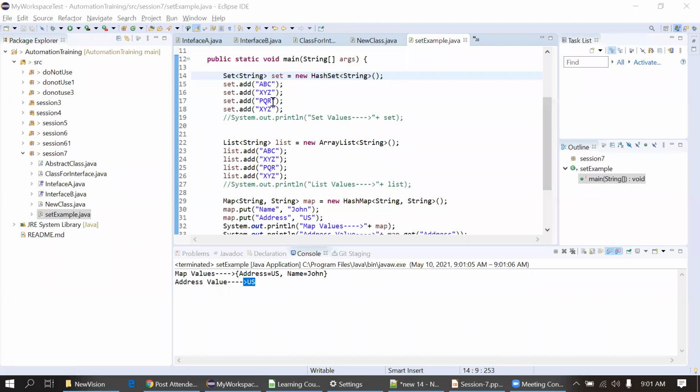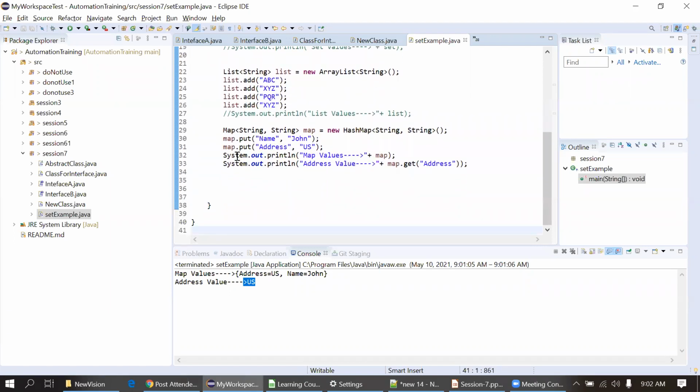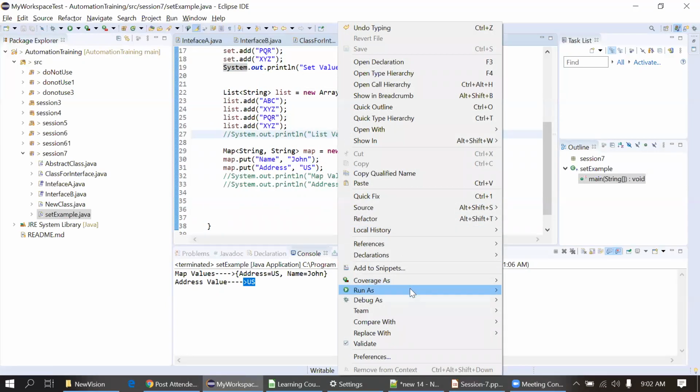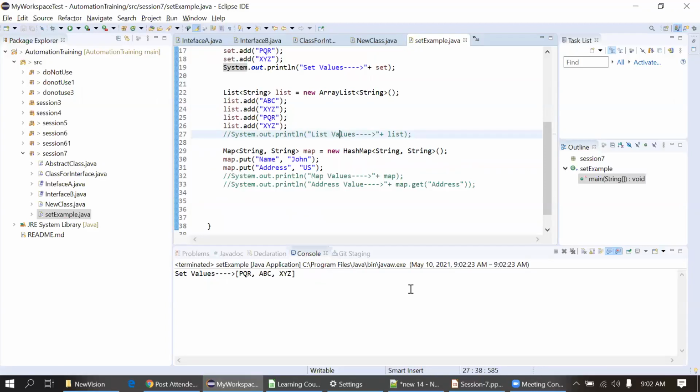So set will not follow any order basically, and it will not allow duplicates in the set. If you want to follow the order, we can use the linked list. So linked list follows the order. So I will go for the linked list as well. Suppose I'm commenting this hash map now, and I will also comment the set. I will execute this. What's happening? Yeah, I think I have to uncomment this and comment the set one.